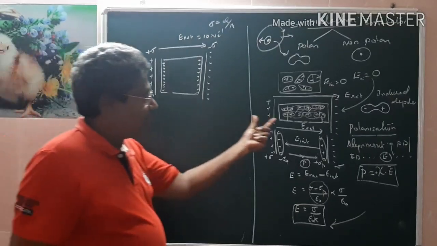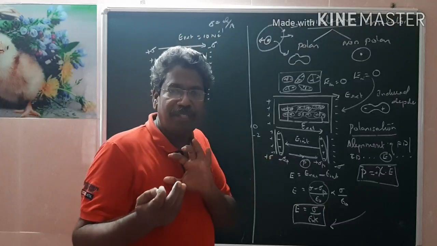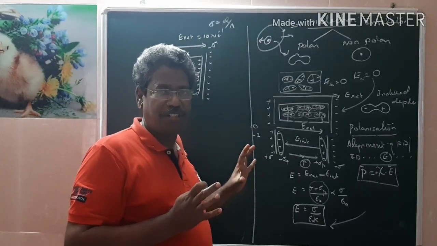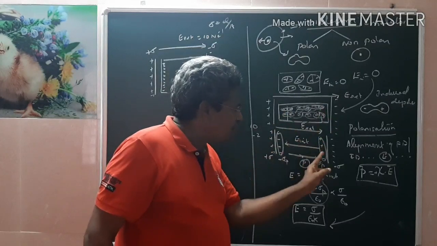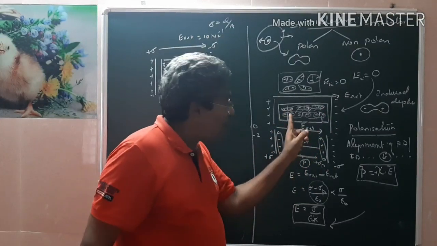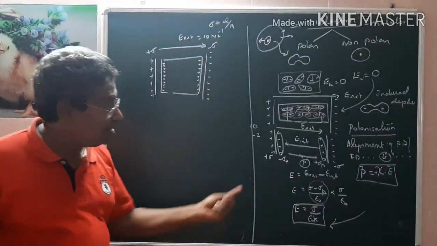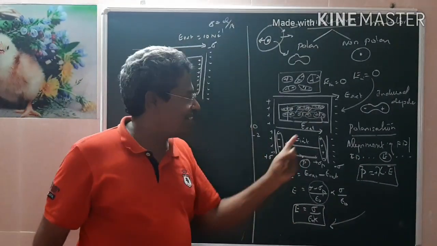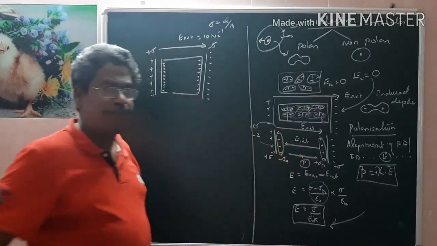This will not occur here. In this case, the ions are permanently fixed, but they will become dipoles and align in the direction opposite to the electric field, such that only the extreme negative charge and extreme positive charge will exist. All the induced negative and positive charges will cancel with each other. Therefore, the induced electric field is smaller than the external field. For example, if the external field is 10, the induced field is only 2, but it is opposite.